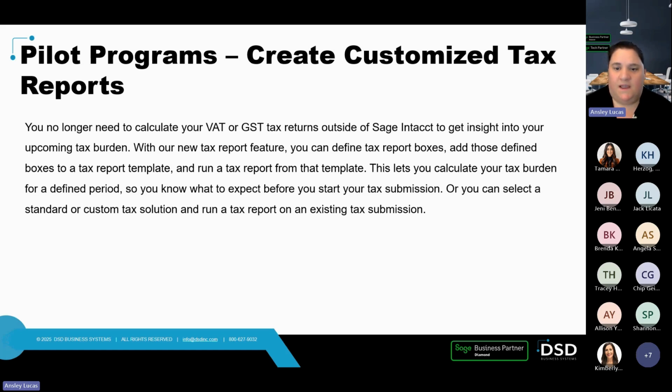You'll be able to create these reports via a 3-step process in this pilot program. You'll define the boxes, define what is included to calculate the dollar amounts that would hit each box. Then you'll create the tax report format so that it looks like the report you actually have to file with your tax agency,